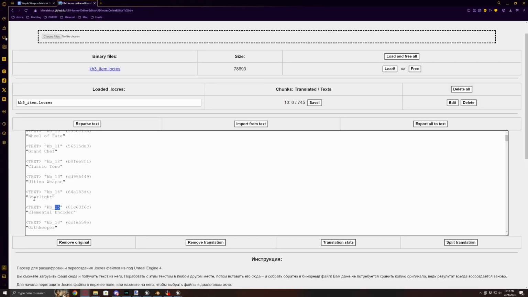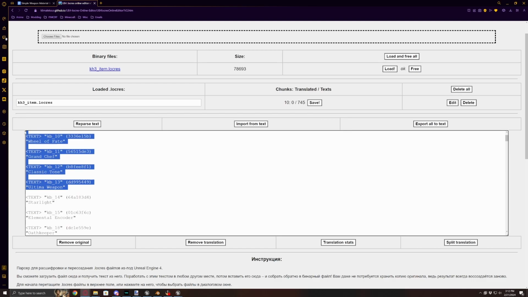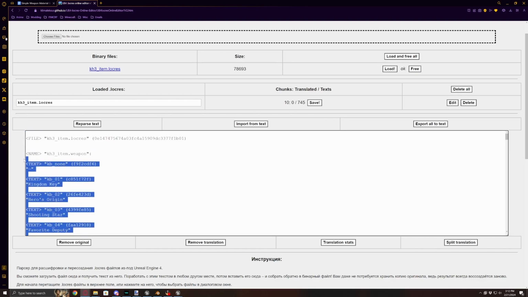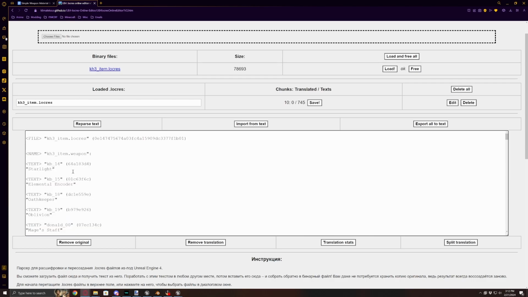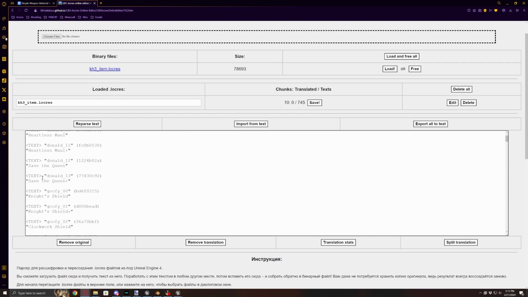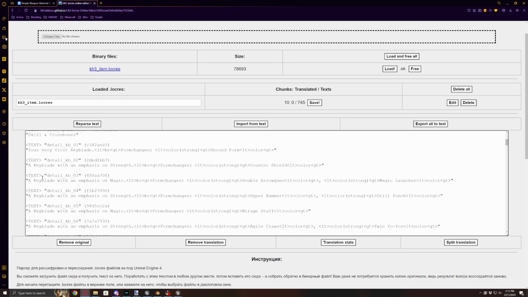So in this case, we're replacing Starlight. So right above Starlight, I'm going to hold left click and then drag upward. So I select everything until I get to right below the name KH3 item.weapon, and then delete all of that. And then we're going to want to scroll down, find